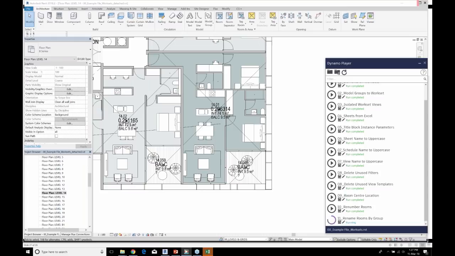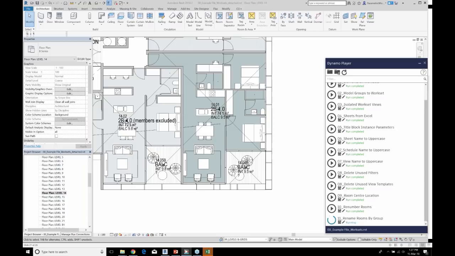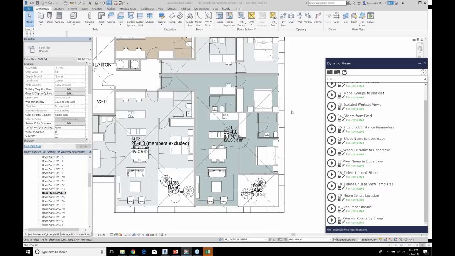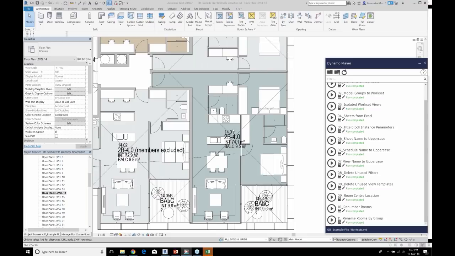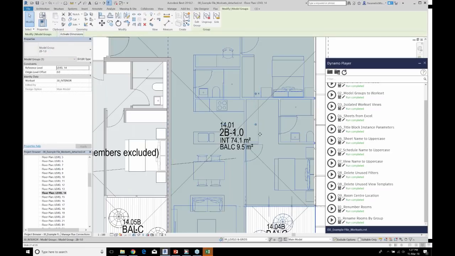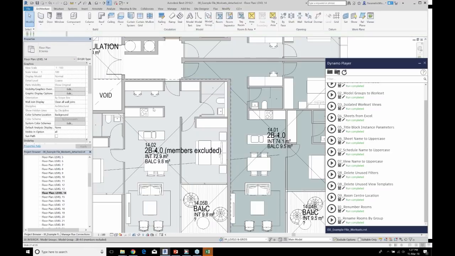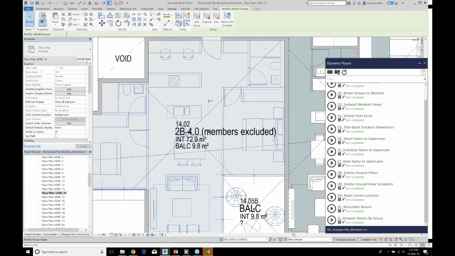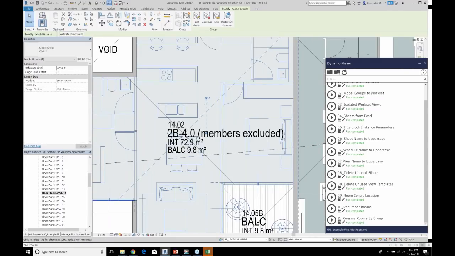I would imagine that this is also applicable for other typologies, hospitals or where maybe a lot of model groups are used. So you can see here, 2-bed type 1, it's got it in the name. This group actually has had members excluded from it.